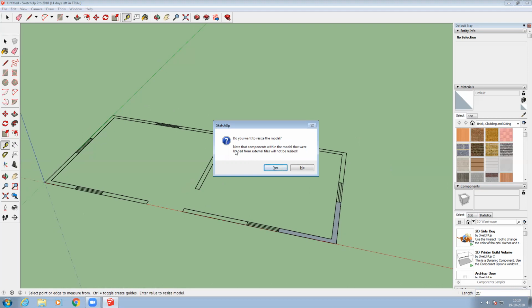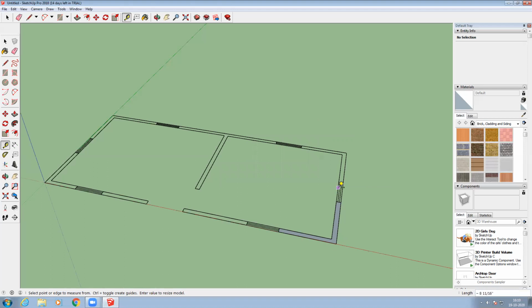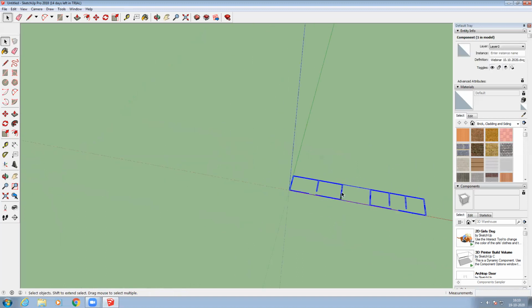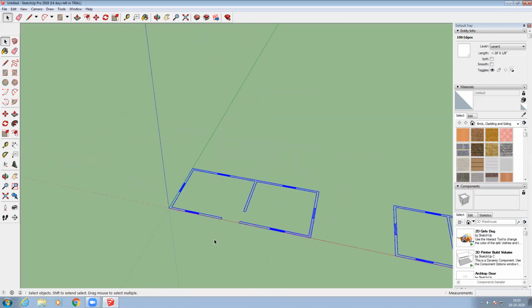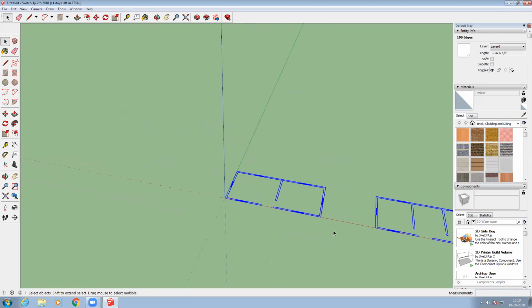That means if this note is showing here, then the whole plan we had copied is a whole component, a whole group. If you click on this, you can see it is a group, right? So I first have to explode it, and after exploding only, I can work on this, right?